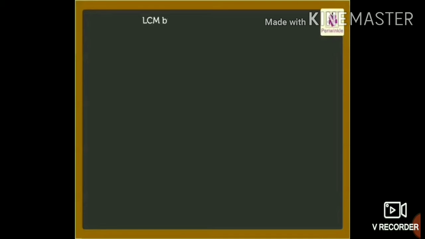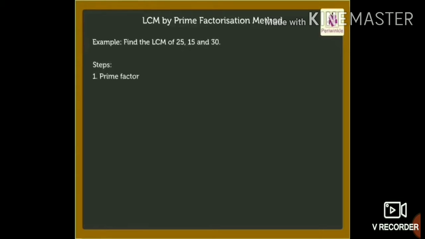Now I will go with another method, that is LCM by the prime factorization method. What is prime factorization? In the previous class you learnt about prime factorization, where you use prime numbers to factorize the numbers. Find the LCM of 25,